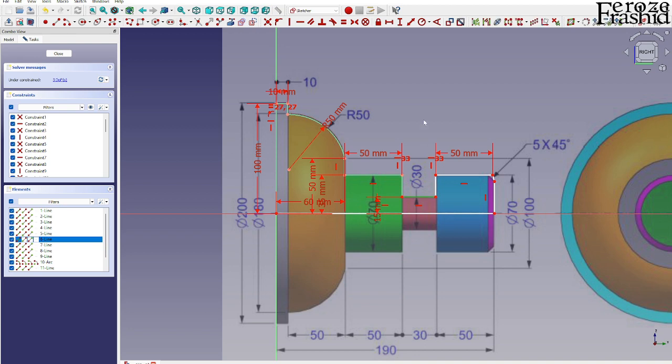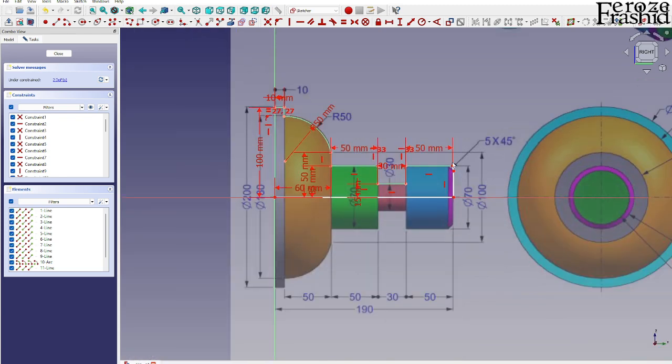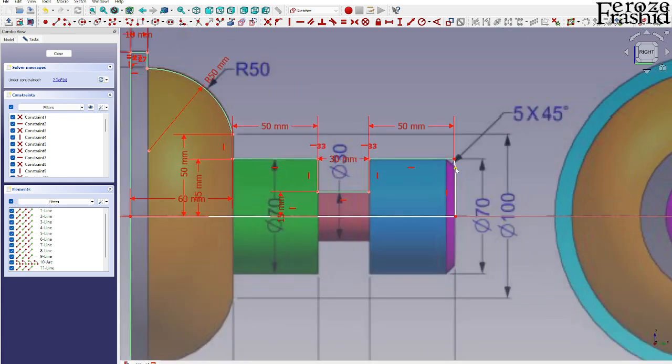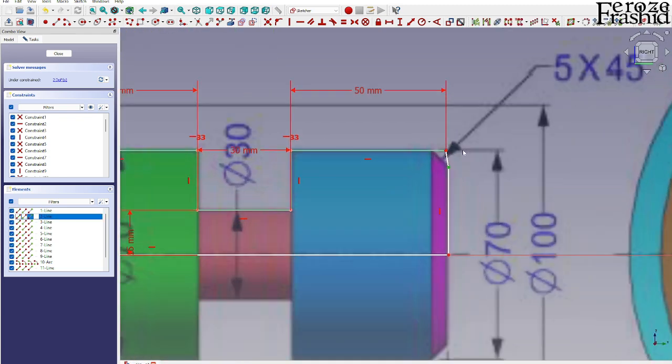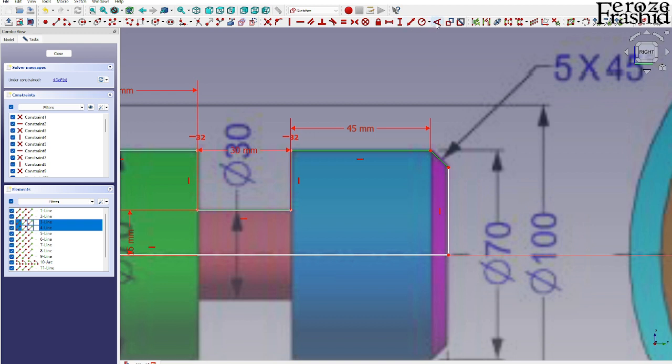The middle part is 30. All right, and here it says 50, so we build that at 50, but there is this 5 millimeter chamfer. I want to go ahead and build it right in, so I'm going to say this is 45, and then these two will be at an angle of 135, which is 45 degree,